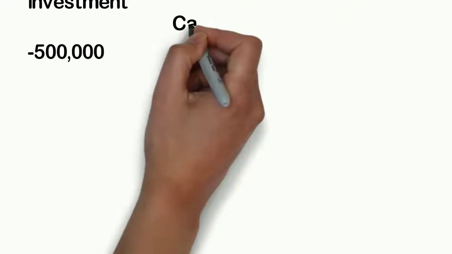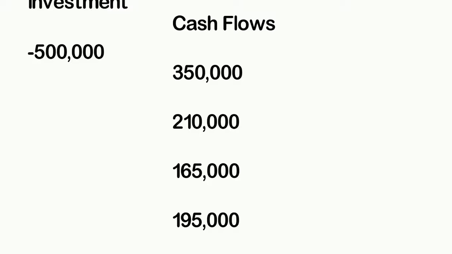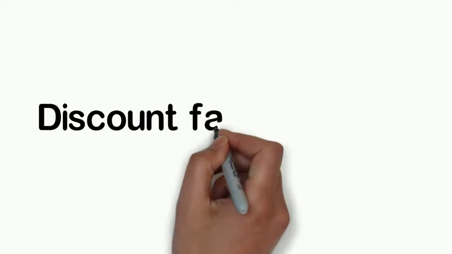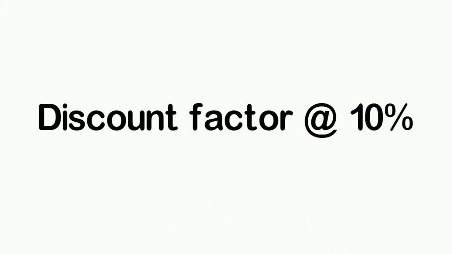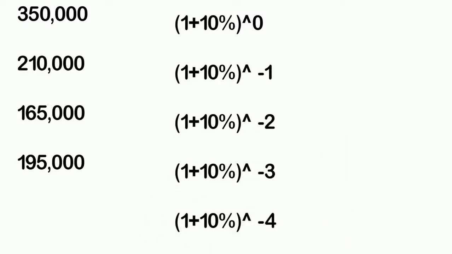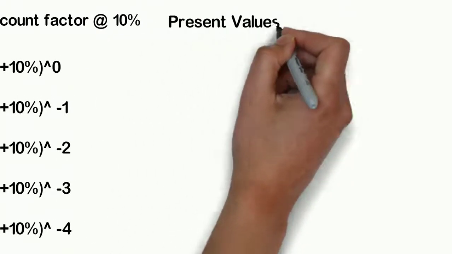Cash flows are $350,000, $210,000, $165,000, and $195,000 for year 1 to year 4 respectively. Suppose the discount rate is 10% and the respective discount factors for year 0 to year 4 will be like this. By multiplying the discount factor with the investment and cash inflows, we will get the present values as -500,000,